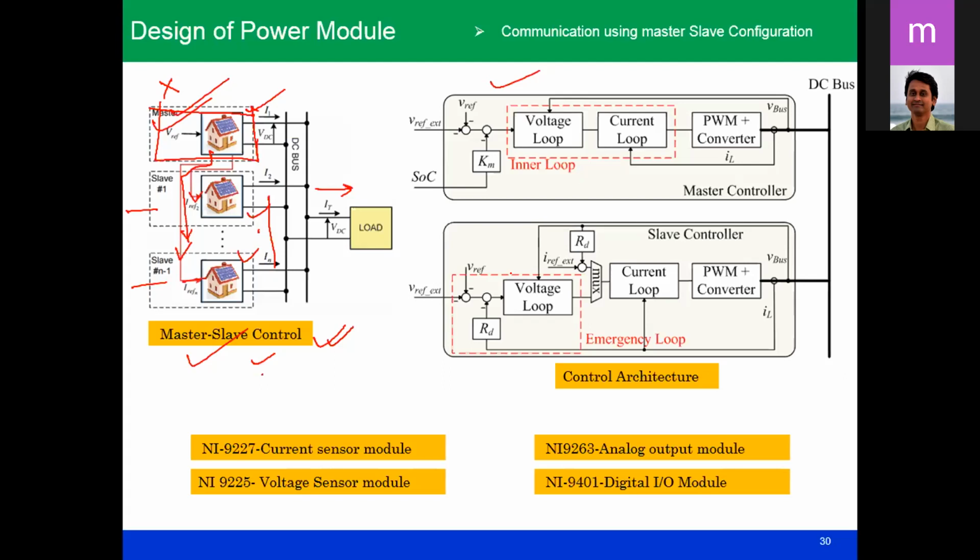Now next, this is the model that I have prepared for the low voltage DC microgrid. This is the power module, basically 4 units. There's one unit, a second unit, a third unit and a fourth unit. So 4 units are connected in parallel, and this is the battery charger unit, and this is the source side unit, or a photovoltaic unit. So they are supporting each other, and we can form a grid.